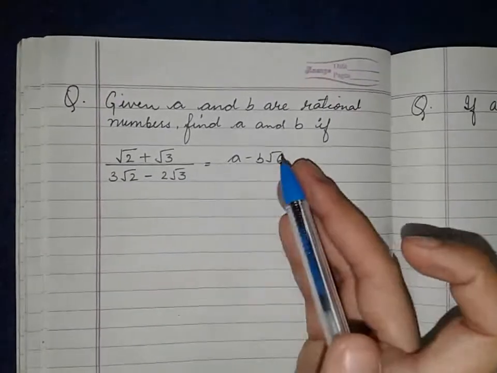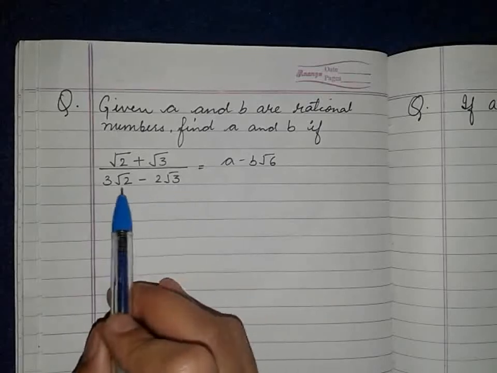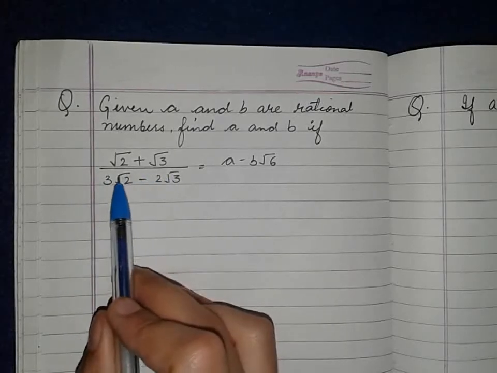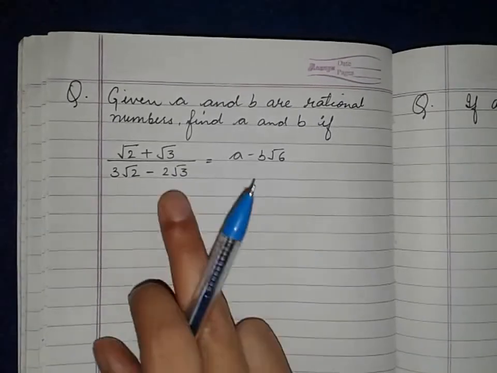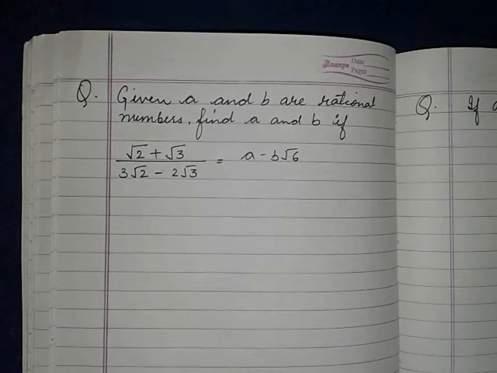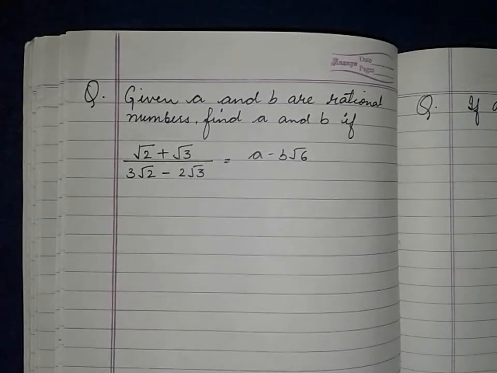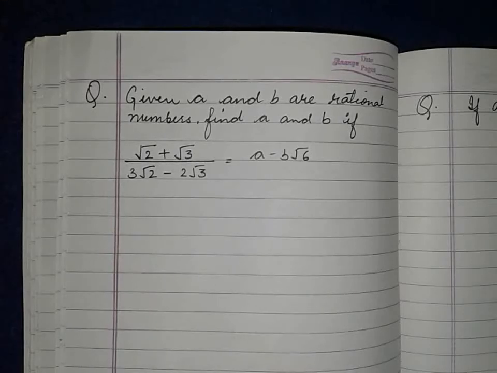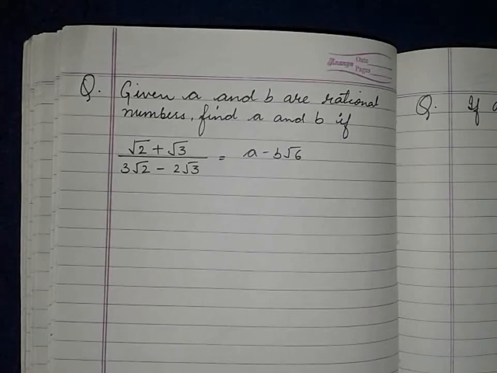Now look at left hand side and right hand side. The right hand side does not contain any denominator, and the left hand side has roots, surds. So we will first rationalize it and we will make them of the same form. So the first step will be rationalizing the LHS. We will rationalize the left hand side first. Rationalization I explained last time and I hope it's clear.